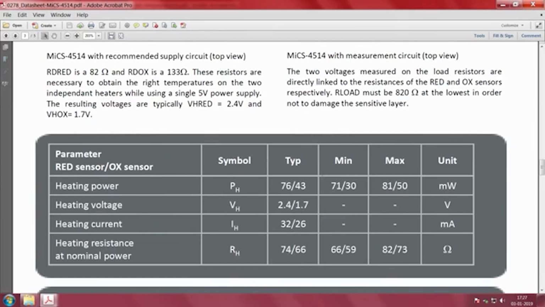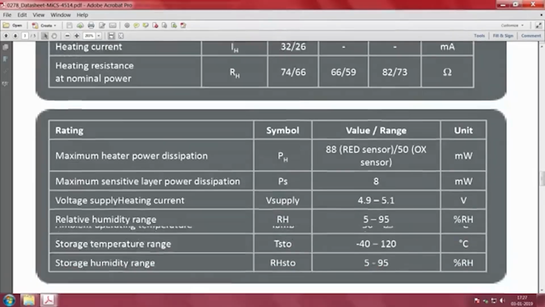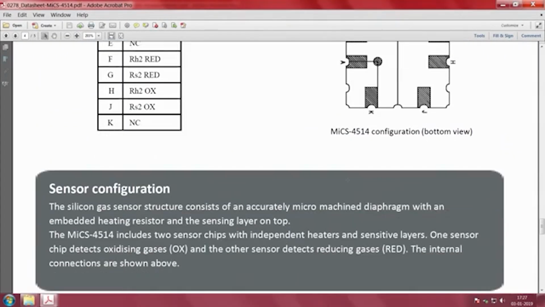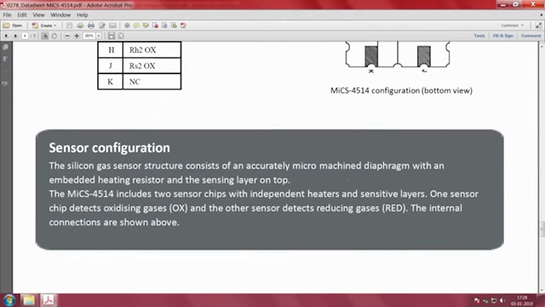He has given you the heating power, heating voltage, heating current and heating resistance at nominal power, everything is mentioned. Read the data sheet accurately and set up your system to measure NO2, and if you are configuring it for CO, you configure CO separately. Okay, so